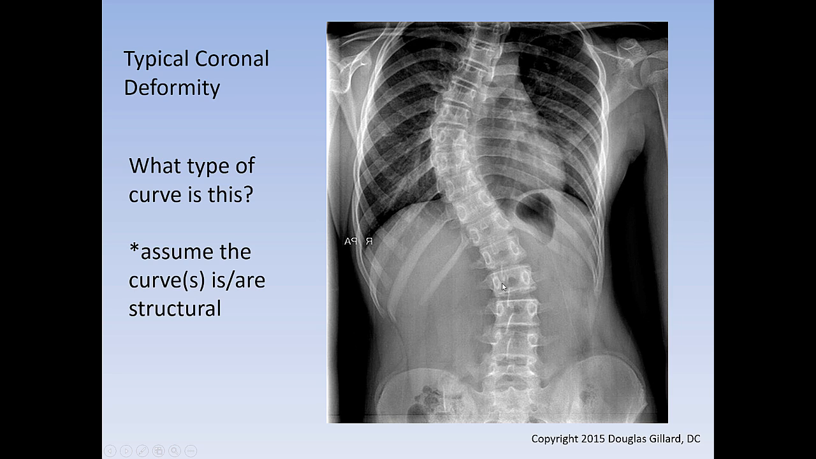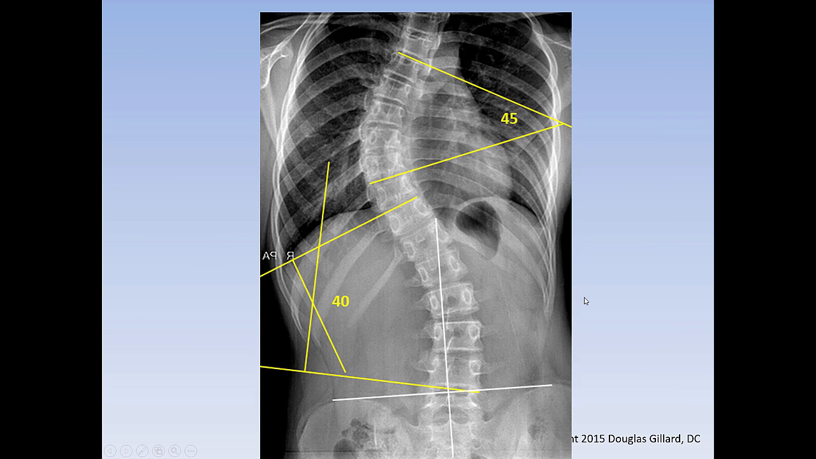So it's either going to be an A or B just by eyeballing it. But let's put the lines on there and see. All right, so pretty close. So we have a 45-degree main thoracic scoliosis, and we have a 40-degree thoracolumbar scoliosis. Which one's major? Excellent. 45 degrees. 45 is bigger than 40, so this is the main thoracic curve, or the main thoracic